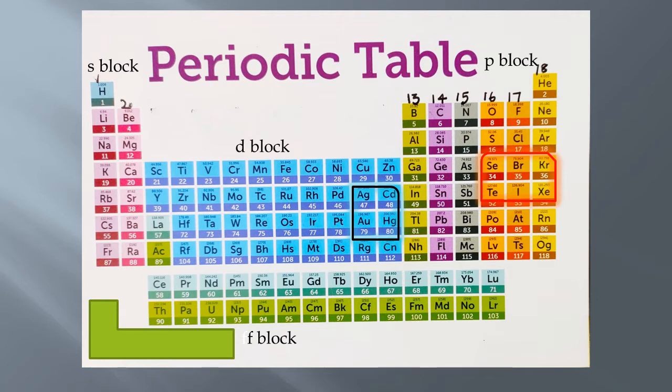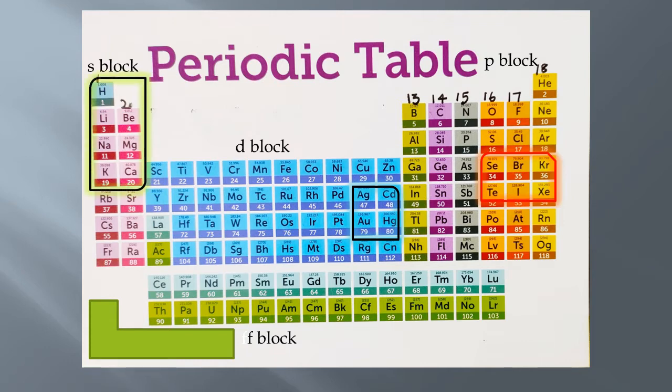You also see the numbers written here 1, 2, and I have skipped 3 to 12, then 13 to 18. These numbers were not given by Moseley, but you can recall in Mendeleev's periodic table we had 8 groups. So we shall associate those numbers with this modern periodic table. Then our study of learning valencies with the periodic table becomes easy.